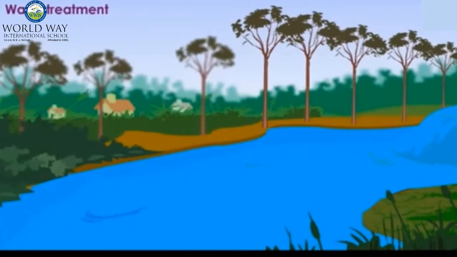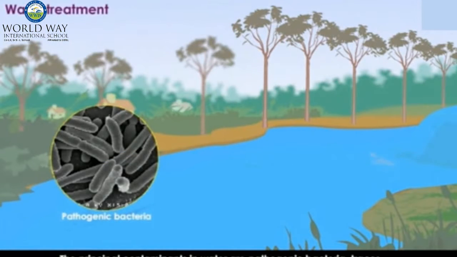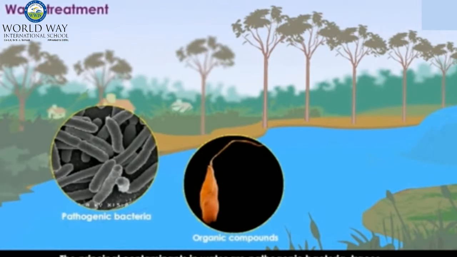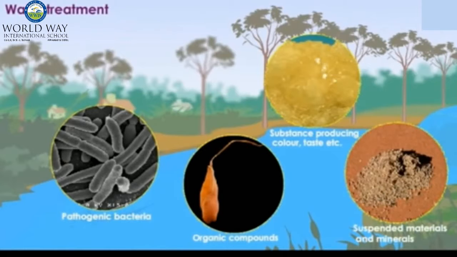Water treatment. All natural waters contain many organic and inorganic impurities. The principal contaminants in water are pathogenic bacteria, traces of organic compounds, substances producing color, taste, odor, suspended materials and minerals causing hardness, etc. For human consumption and other purposes, water is treated by a large number of processes. A water treatment plant has the following major units: